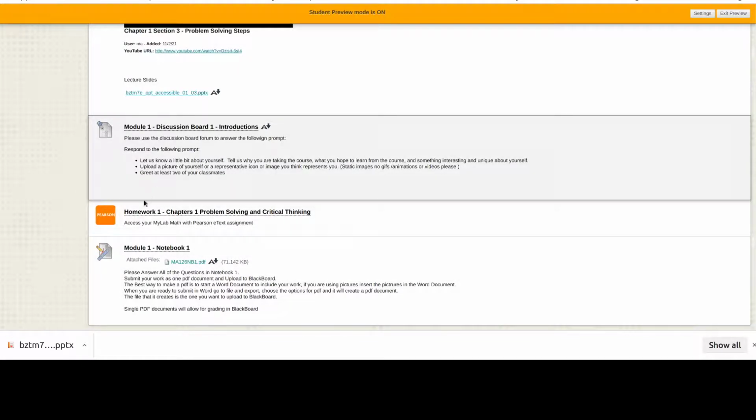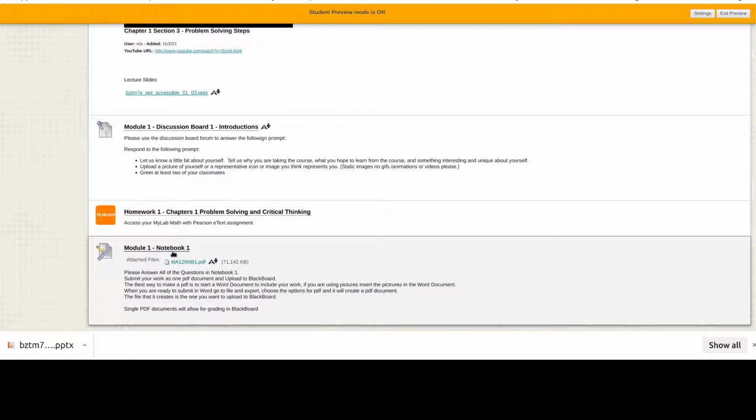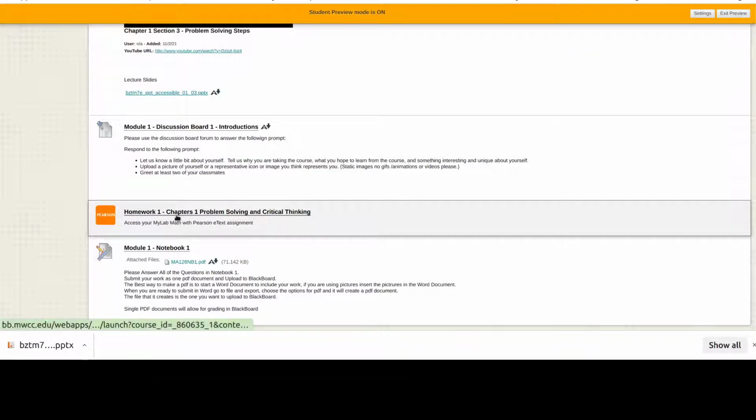And so these are the 3 graded pieces for each module. Think of it as this would be how we'd be talking in the classroom. This would be the homework problem, and this would be the quiz or the in-class work. That's what this parallels. And so this takes you back to Pearson for the homework. This takes you to the discussion board